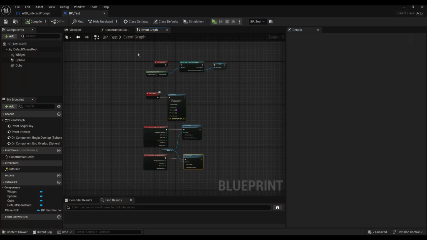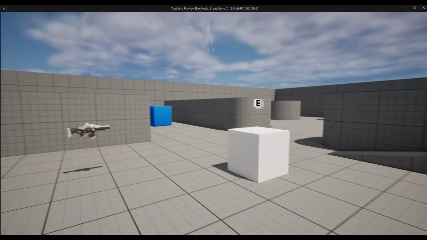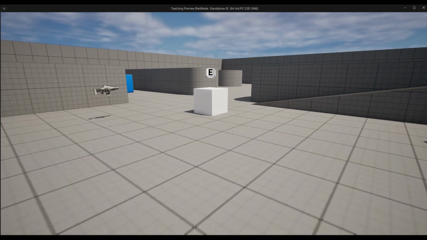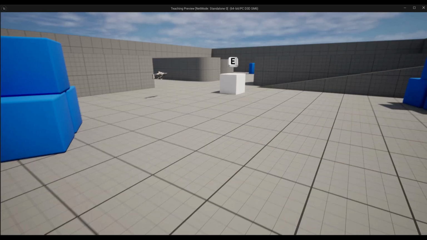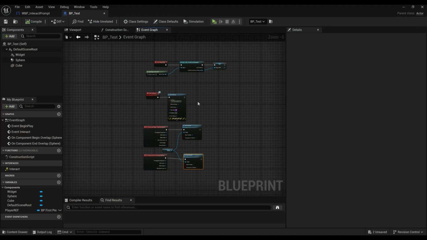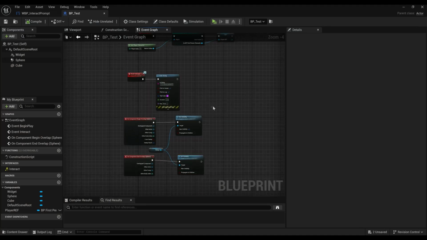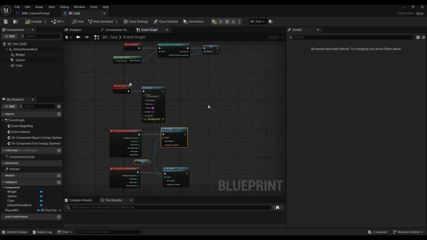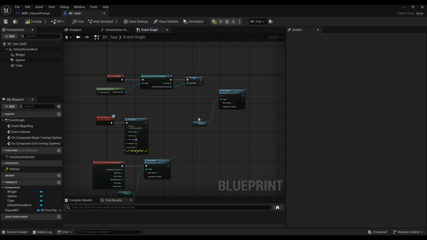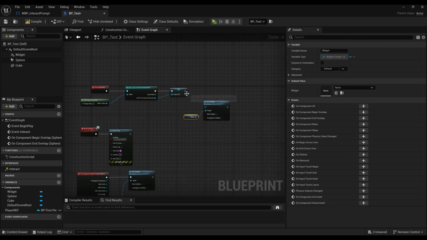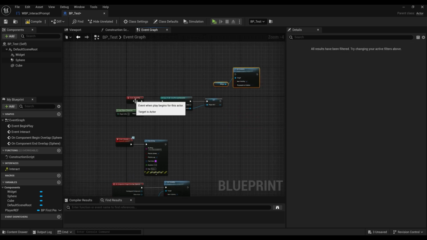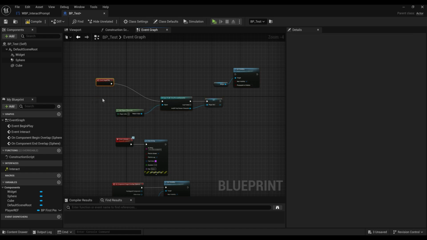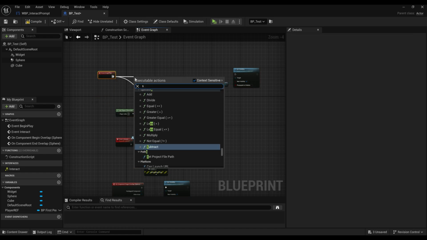Now the reason why it comes up right when you start, like you see how far I can get, it's showing no matter what, is because on begin play, it's technically clicked to true. So what we want to do is select our widget blueprint, take our set visibility, copy and paste. We can do either of two things. We can either add this directly to this link and it'll work just fine, or we can clean up our code and move things around to where we will have this. Just type in